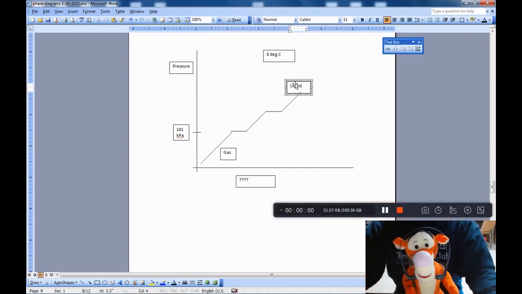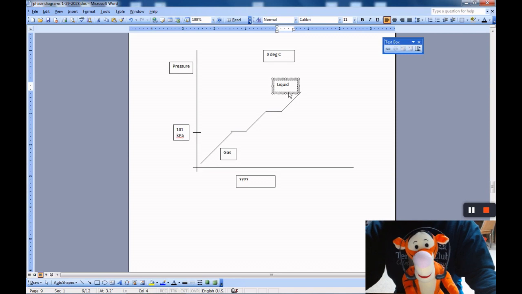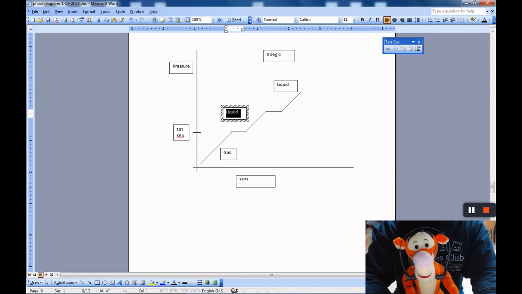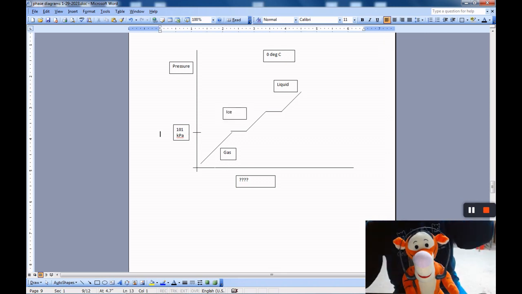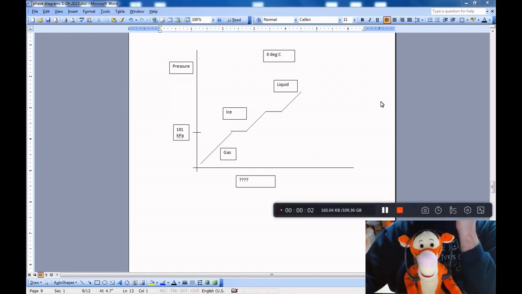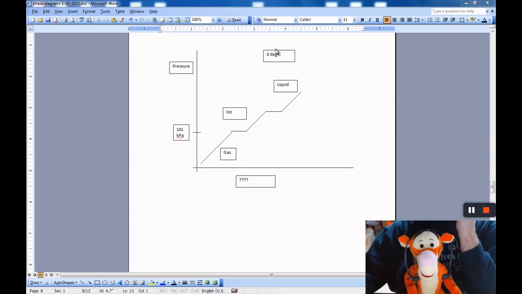Okay, so when the liquid is up here, this was ice. So that's what we said. Low pressure was a gas. It got to a boundary. Something has to happen, and then it changes to an ice phase. It gets to another boundary. Something happens, and it changes to liquid phase, and the pressure can increase at 0 degrees C for water. I think we're at the end of this part of the rabbit hole. So this is our, at 0 degrees C,